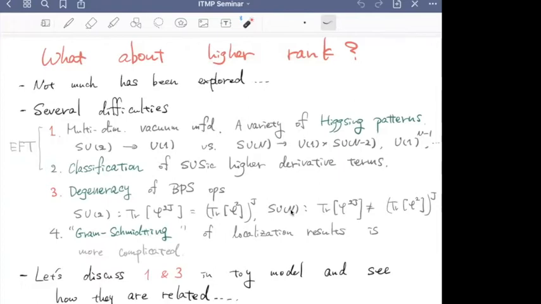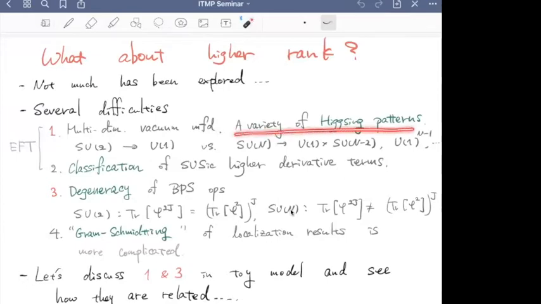Unfortunately, not much has been explored. And there are, of course, reasons why not much has been explored, because there are several difficulties. First of all, let's consider contrasting SU(2) N=4 super Yang-Mills versus SU(N) N=4 super Yang-Mills. In the case of SU(N) N=4 super Yang-Mills, there is a kind of variety